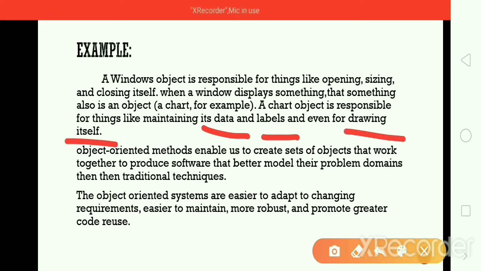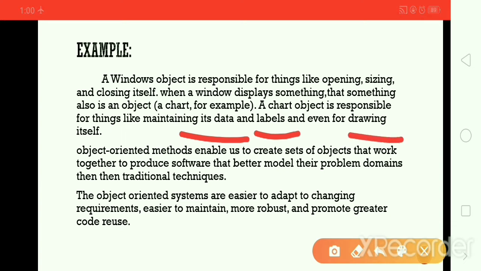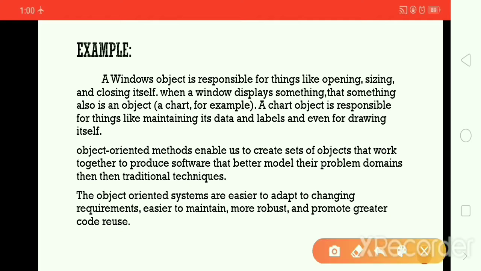Each and everything is made up of objects. The window is responsible for its tasks like opening, sizing, closing, and the chart in it is responsible for maintaining its data and labels and drawing itself. That is what Java is, an object-oriented system.